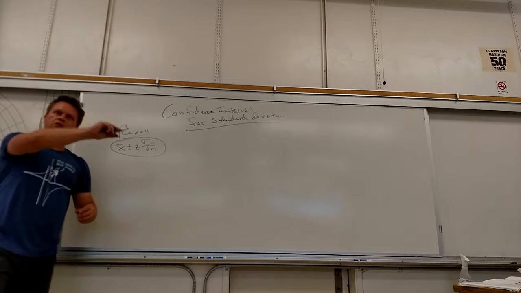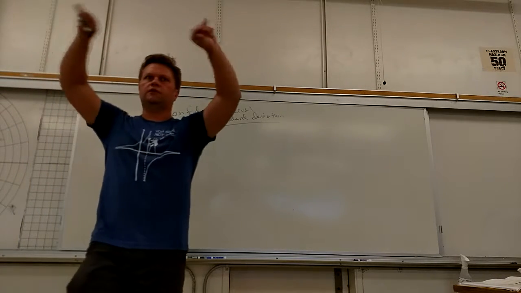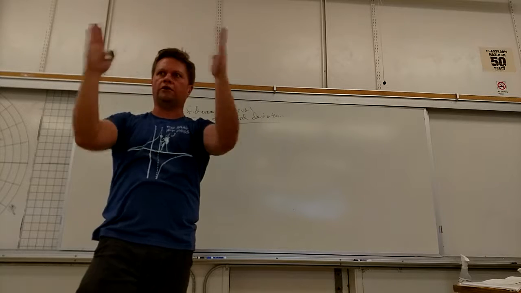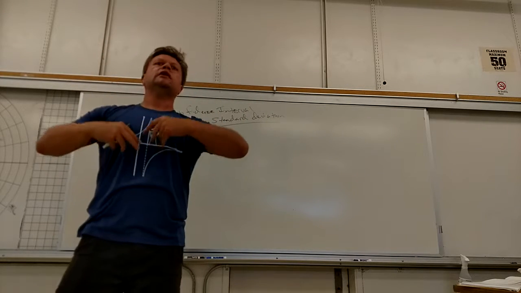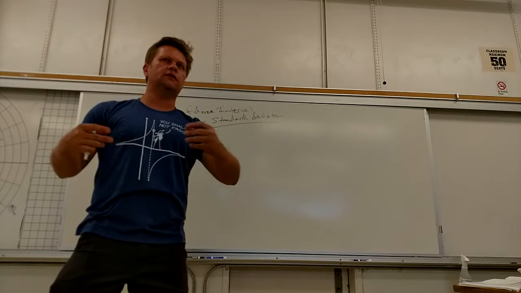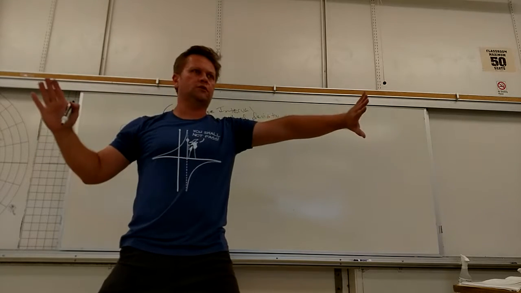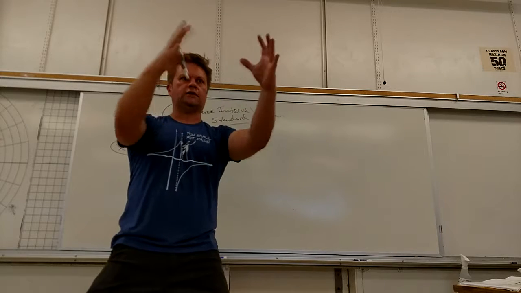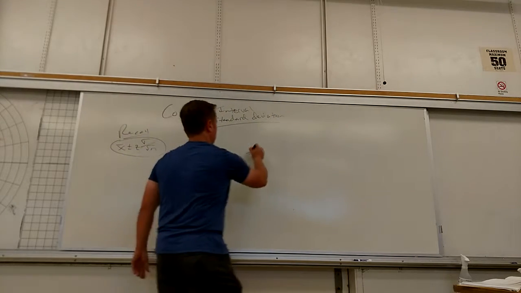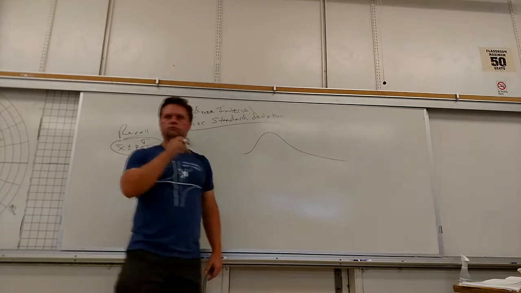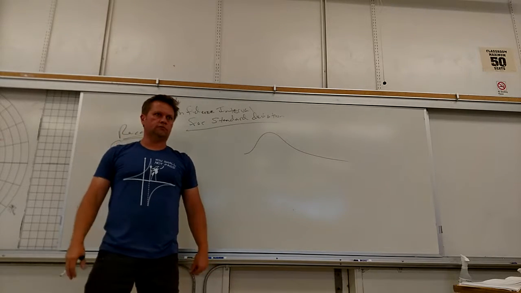Normal distributions are shaped based on standard deviation. If the standard deviation is big, it's fat. If it's small, it's skinny. So that's what got us into this chi-square thing. The chi-square distribution exists because it's how standard deviations fall. So if I take samples of people and I record their standard deviations, the shape is not going to be normal. It's going to be chi-square.